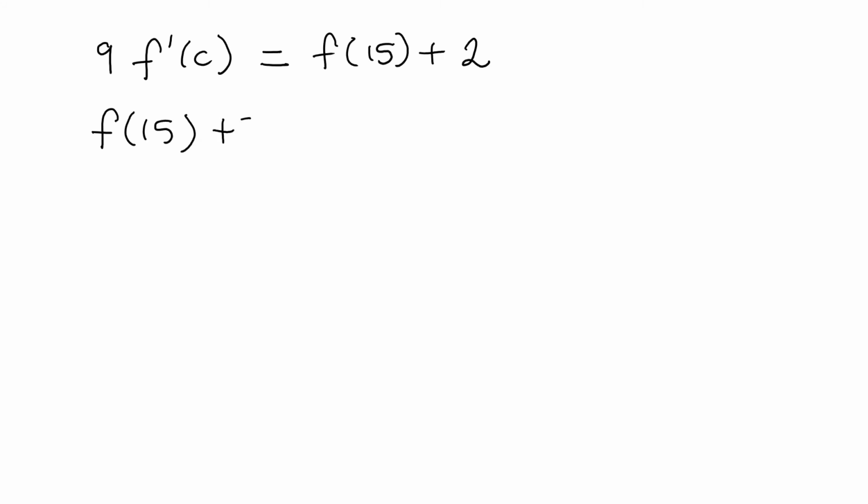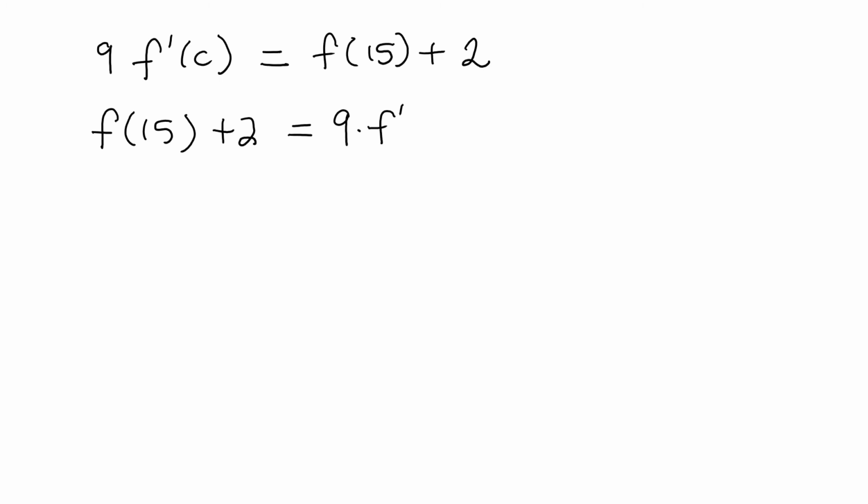We got f prime of c times 9 is equal to f of 15 plus 2. We know that the derivative f prime of x is equal to or less than 10. To make the inequality flow smoother, I'm going to re-express this as f of 15 plus 2 is equal to